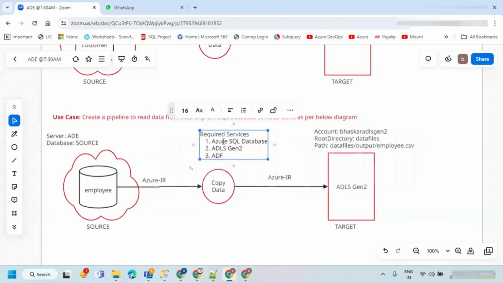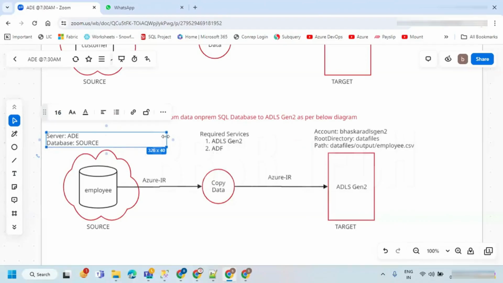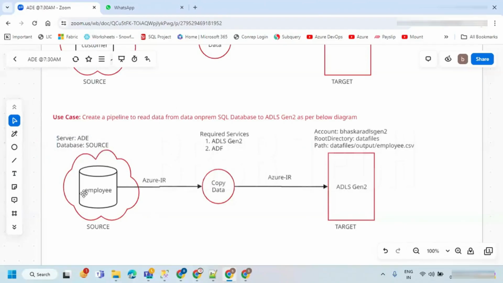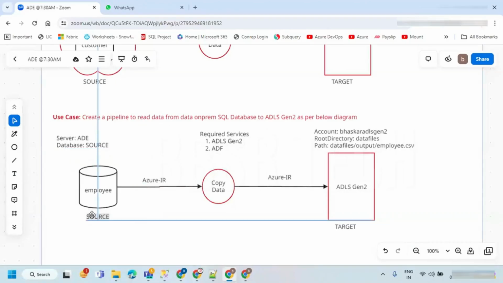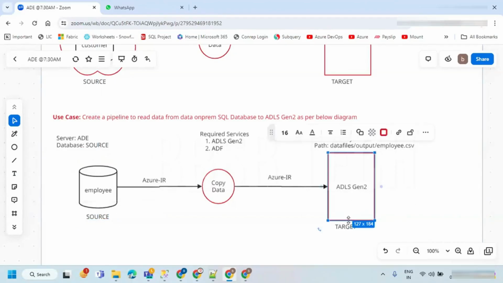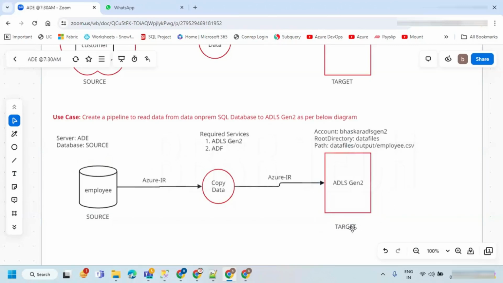Here I don't need this. I need only ADLS Gen 2 and ADF. Of course, the on-prem SQL Server database is required, and this is not a cloud. Okay, so the same copy data activity I'm going to use.